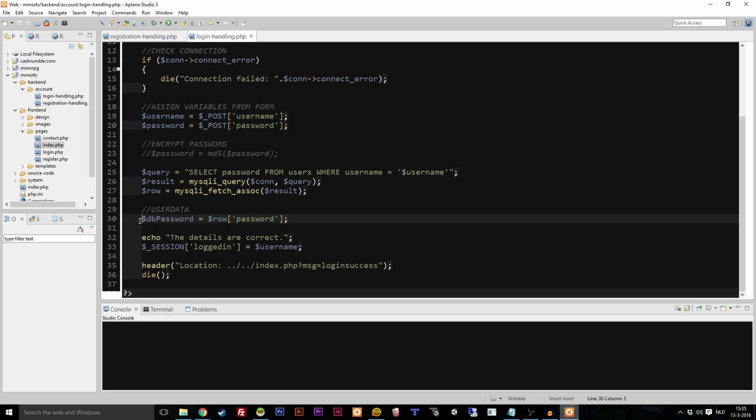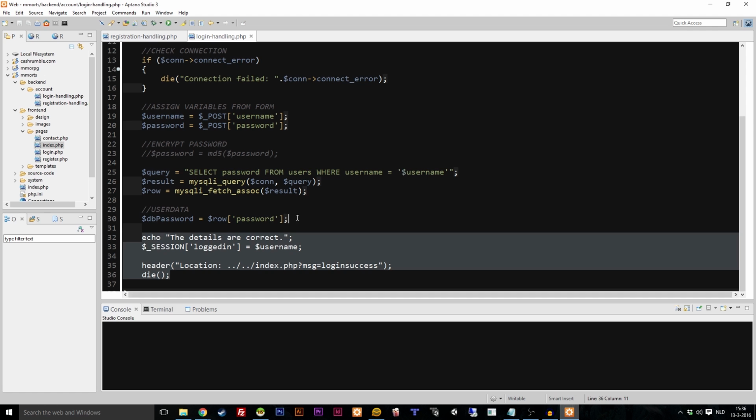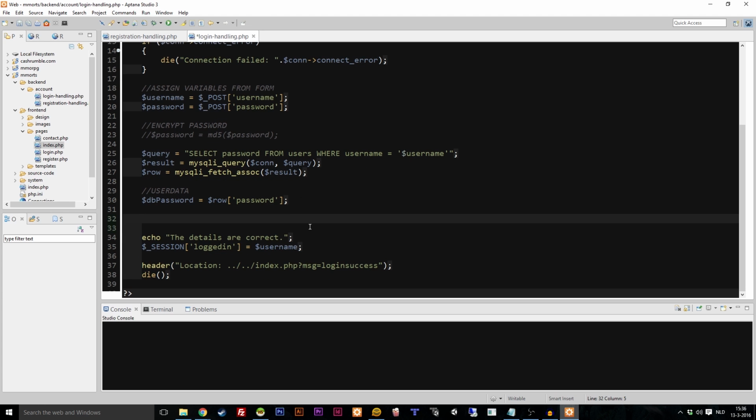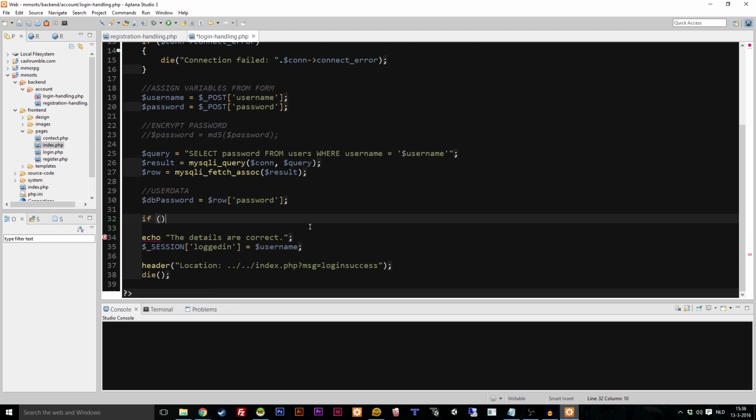So, okay, we have the password. We have the hashed password from the database, and we have the password from the form. Now, this part we will use later. For now, let's just leave it there and let's make some space for some code. So let's start working on the verification part. So let's make an if statement. If, parentheses open and close,